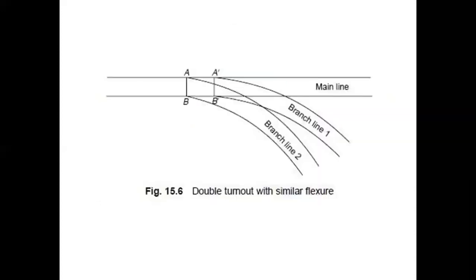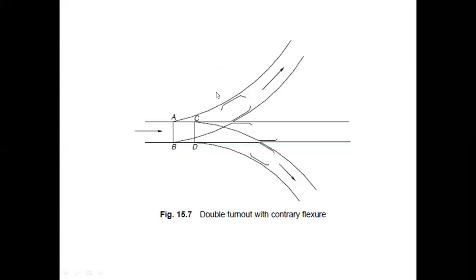This is the turnout with a similar flexure. This is the main line for the passing of the locomotive, and these are branch line 1 and branch line 2. For branch line 2, we may observe the switch of the locomotive is here, and for branch line 1, this is the switch point or the crossing point from the main line to the branch line. And in this double turnout with contra flexure,